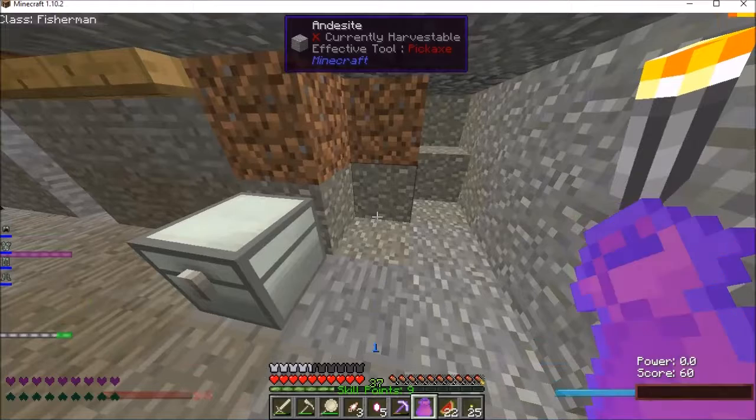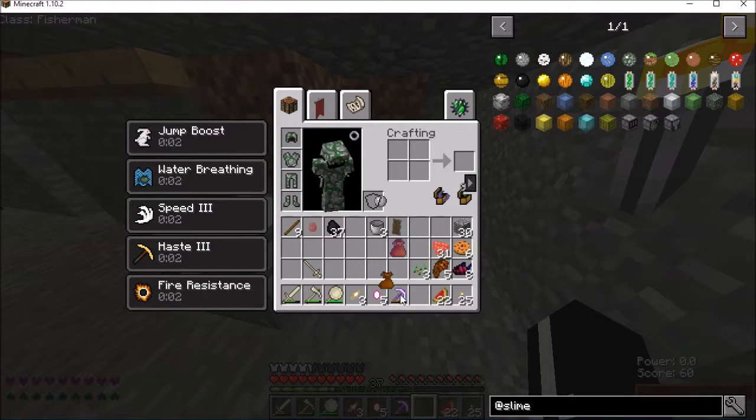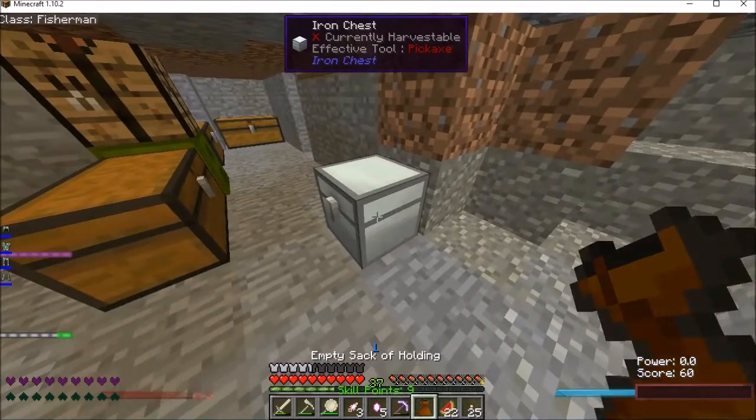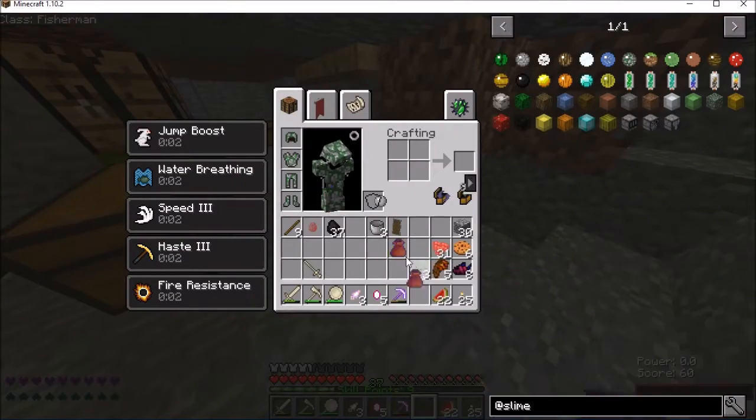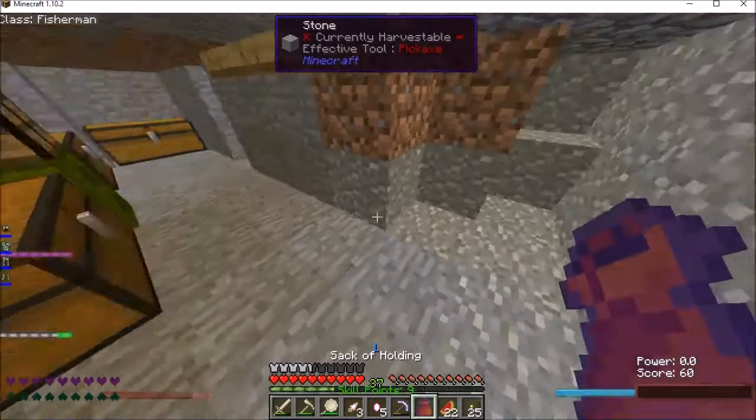Okay, you hold the sneak button when you do it. So now it says that I have tile iron chest. That's good, it does work. You just gotta sneak click. And it actually drops itself as an item. That's very interesting. Now, when I do this, does it just...